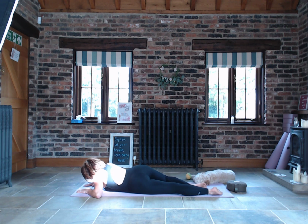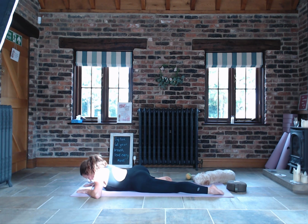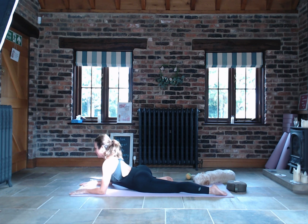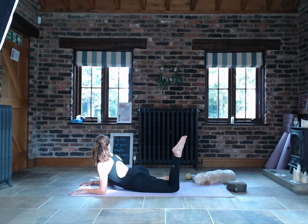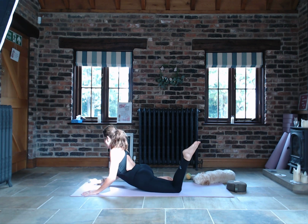Now, bring your right knee a little closer to the right elbow. Take a deep breath in and lift back up into that Sphinx pose, but with the right knee in this position, this half frog position. So lift the left foot, bending the left knee, and just take a glance over the right shoulder and just see if you can catch a glimpse of that back foot. If you want to come a little bit higher onto the hands, you can, but be careful